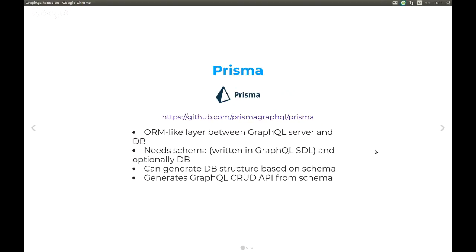What is really interesting about Prisma is that it generates the database and also the full GraphQL server. So we are going just to describe the types, what we are